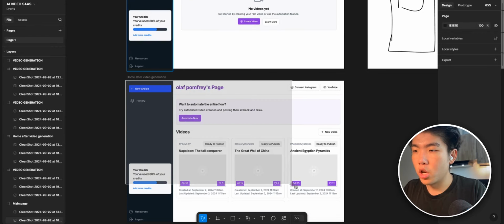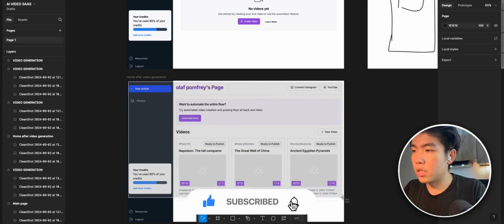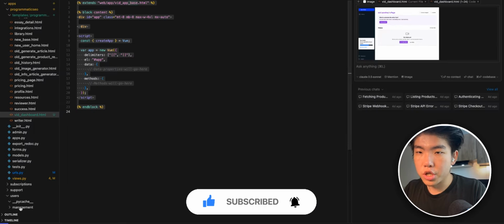So just for this video, let's only create the dashboard. This is the dashboard that you can see. There are a lot of different buttons, a lot of different grids, a lot of colors, right? So we just want to screenshot it and then drag both images into